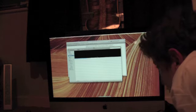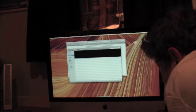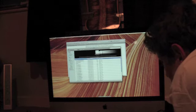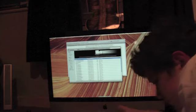So yes, I did decide to give you the wider shot because I figured you weren't really seeing much anyway, so I hope you still get something out of this. What we're going to do is have a clean USB drive that we can format and have as a stock USB drive, and we don't need to do anything with. What we're going to do is grab all the files,